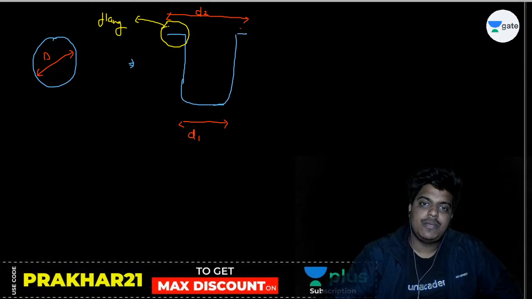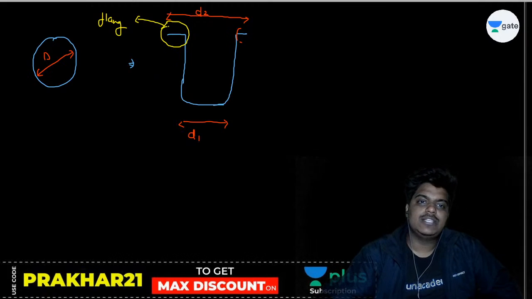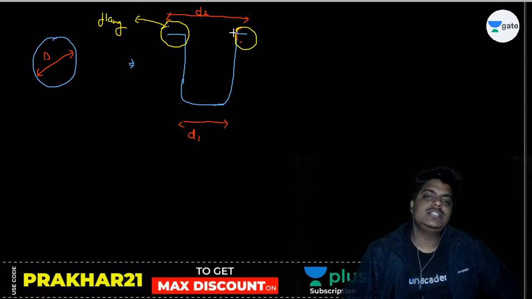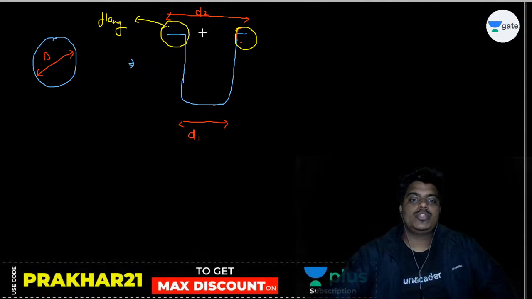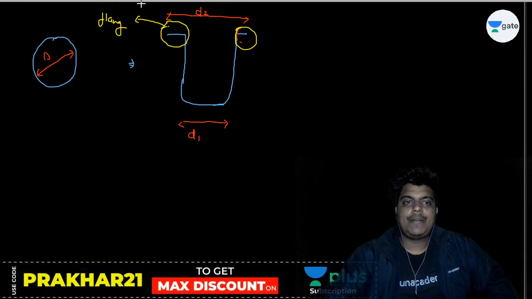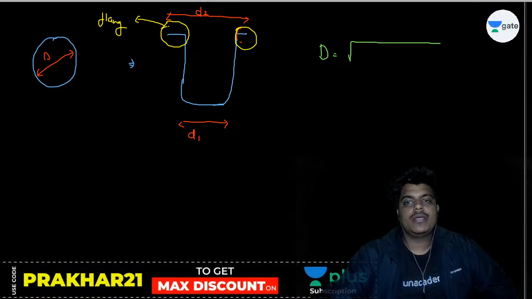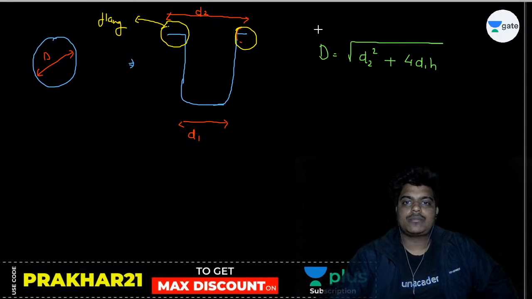अगर आपने flange भी बनाए हैं, if you have made flanges also, then what will be the value? तो देखो ध्यान से देखो, capital D will be given as root over d2 square plus 4d1h. This is very important कि अगर flange भी दिया हुआ है,